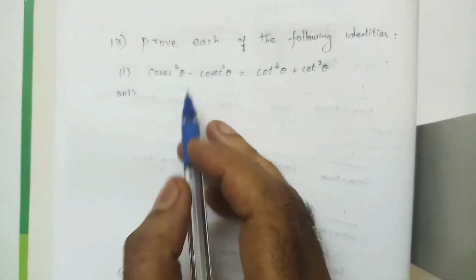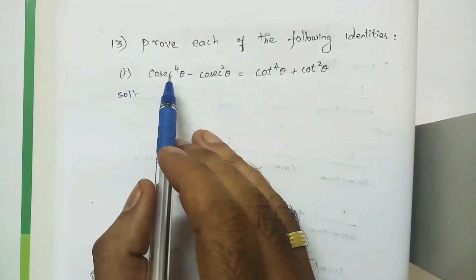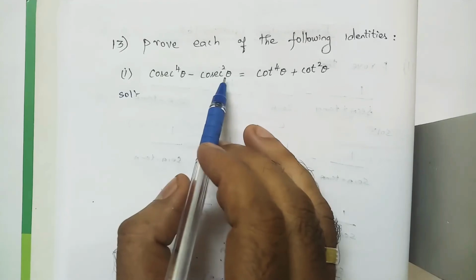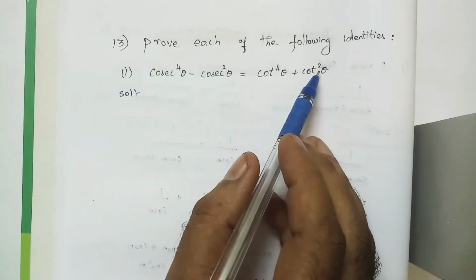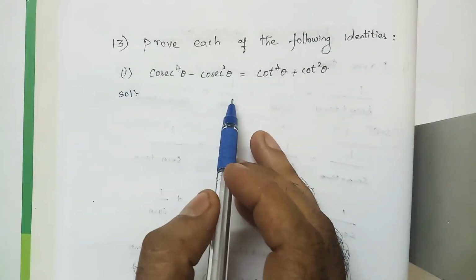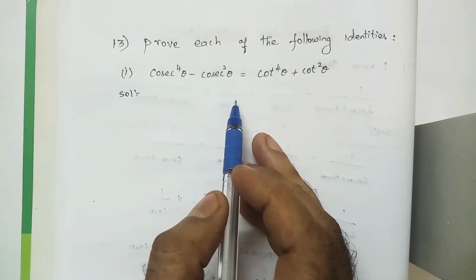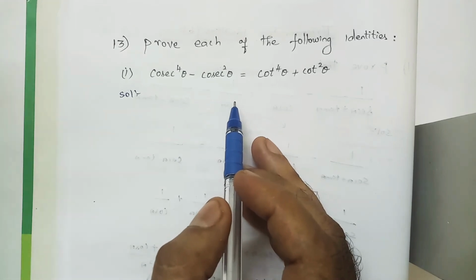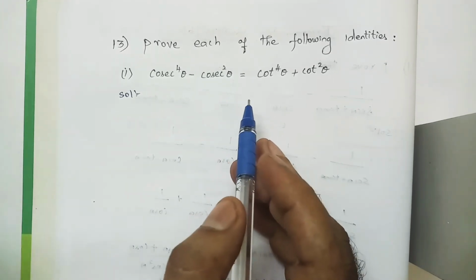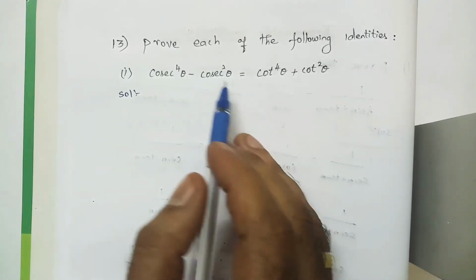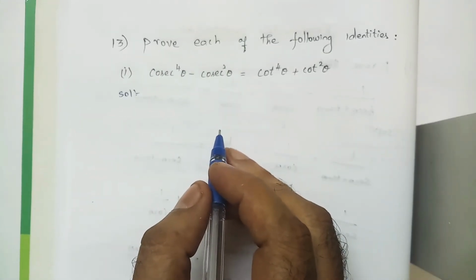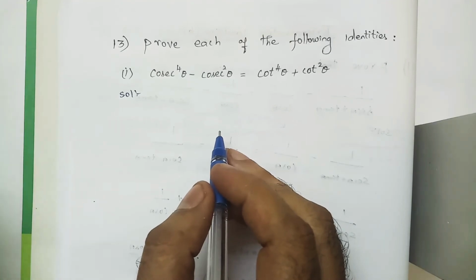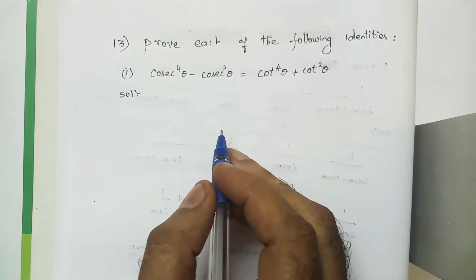See in this model sum, one term is in terms of power 4, another one is in terms of square, right? Here also one term is in terms of power 4, another one is in terms of square. So how we want to simplify means not applying that method. Here is a new method, just keep it in your mind. This is also somewhat important, right? How we are going to solve this kind of sums: taking the common terms outside and simplifying.